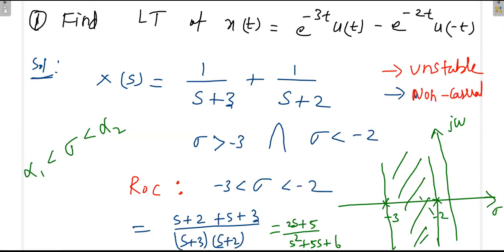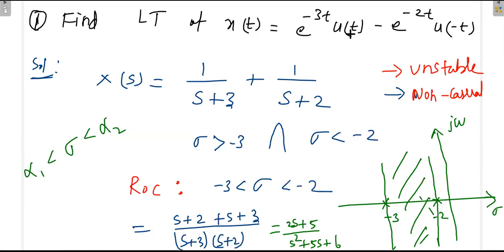And here itself we can identify, even though both the poles are on the left of the S-plane, still we are getting unstable. Why? Because we are in signals and systems. If you are in control systems, it is really different. There is no ROC there. Mainly we are getting instability due to the ROC concept here. We will also explain with respect to the ROC diagram why this is unstable, but from the time domain itself we are identifying the nature of the system. This is unstable.